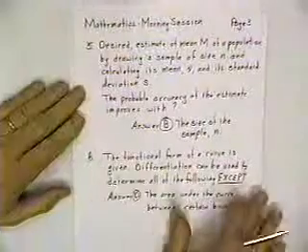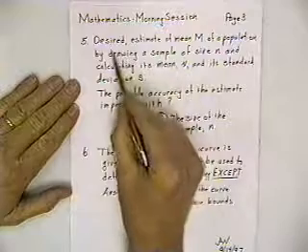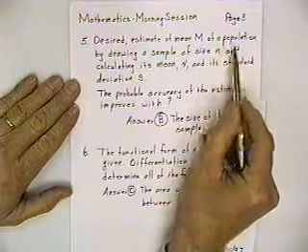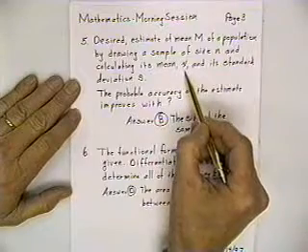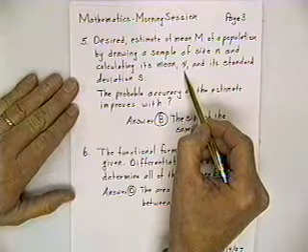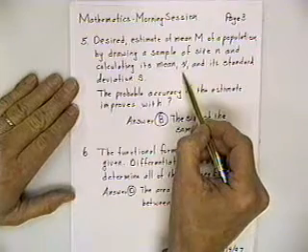Now, some of them are more difficult than others. Some of them just simply require that you read it fairly carefully. For example, in this one it says what they want is the estimate of the mean M of a population by drawing a sample size N and calculating its mean. You folks are at Fort Hood. You get a shipment of armament, and you want to check to find out whether the shells for a particular tank have been manufactured properly. So you've got